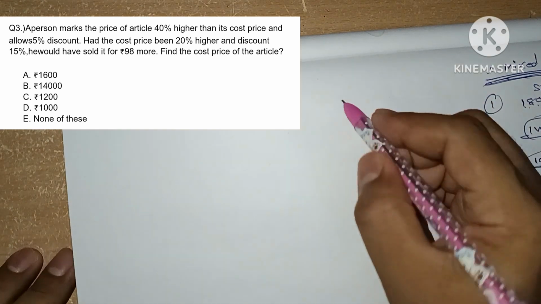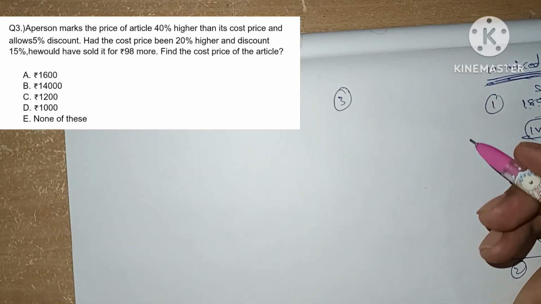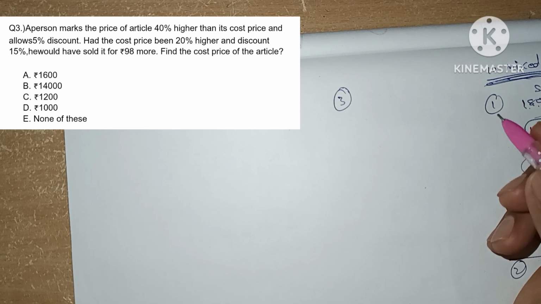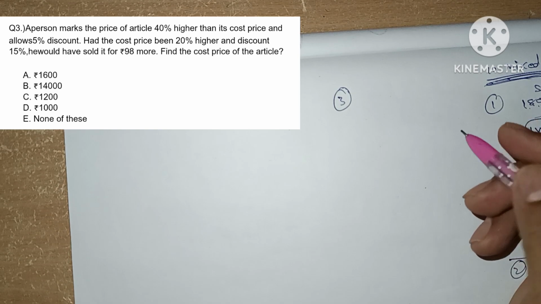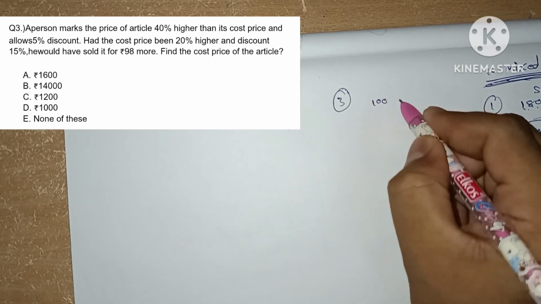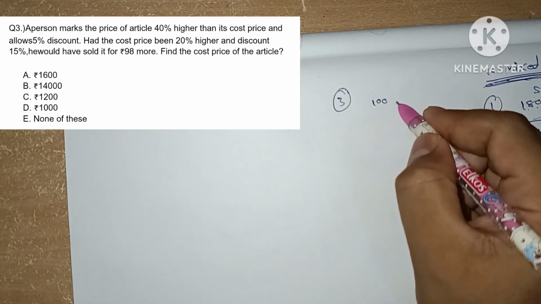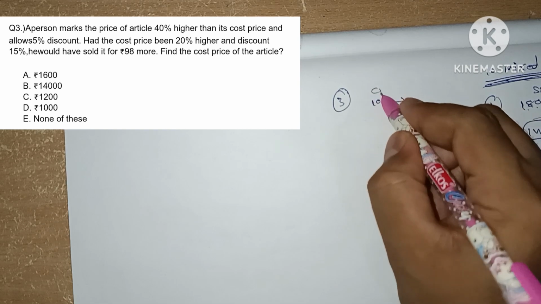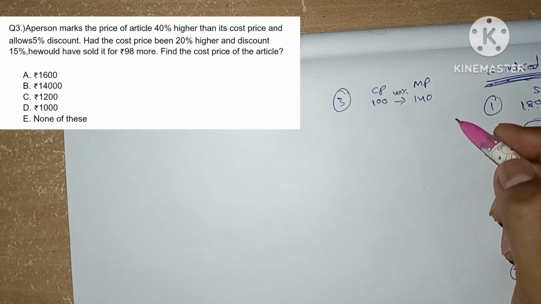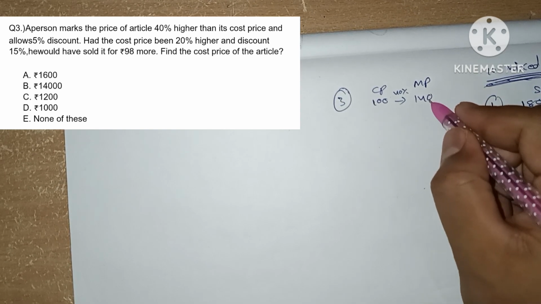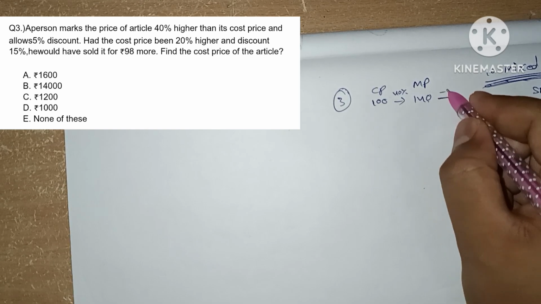Now we are going to see question number 3. A person marks the price of an article 40% higher than its cost price and allows a 5% discount. Had the cost price been 20% higher and the discount 15%, he would have sold it for 98 more. Okay, find the cost price of the article. So let's take 100 as the cost price and marked at 40% above. So this is cost price, marked at 40% above means 140, and gives a discount of 5%, which on this one is 7. So minus 7, which will be the selling price